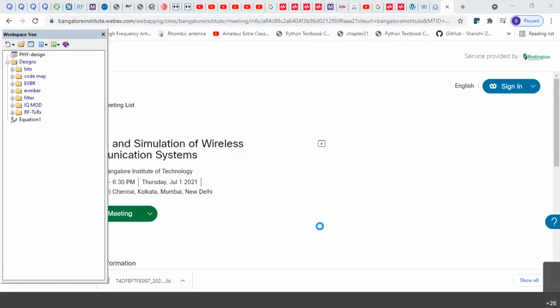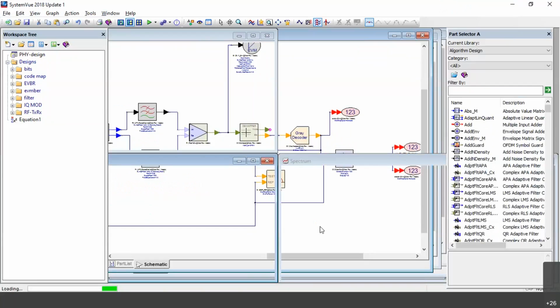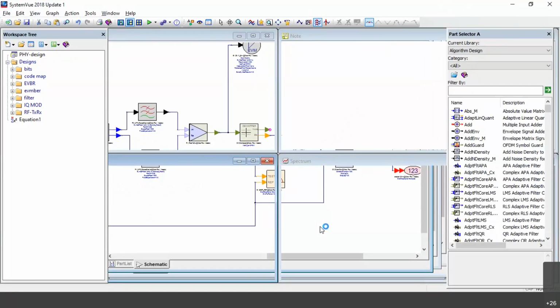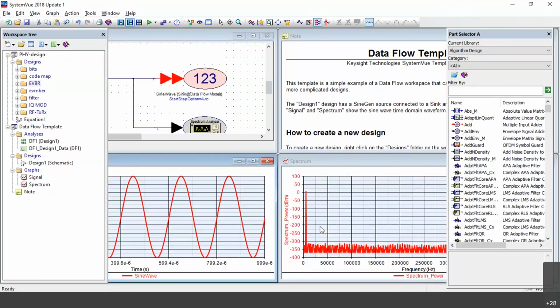We are going to see how we can modulate our signal, okay? And what all the terms that can be used to analyze the signal, okay? For example, bit error rate, error vector magnitude. What is the purpose of using all these things? We are going to use. Let's go.